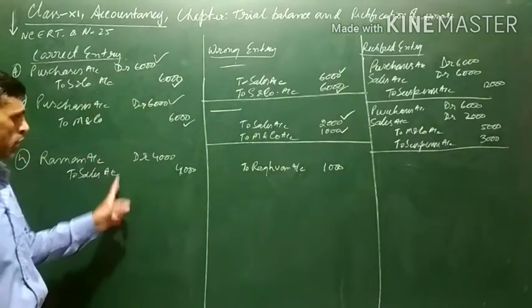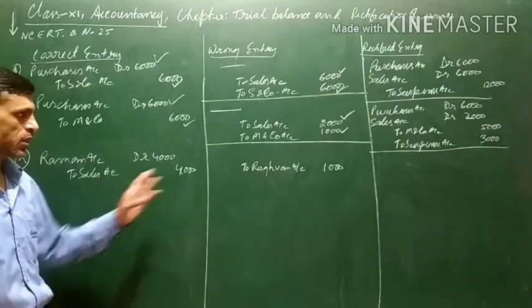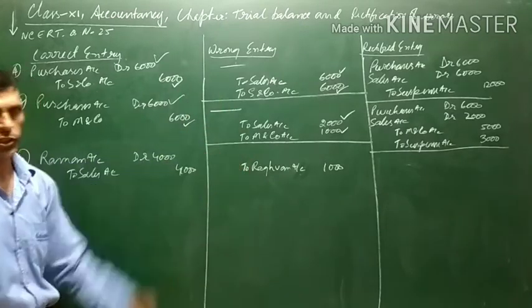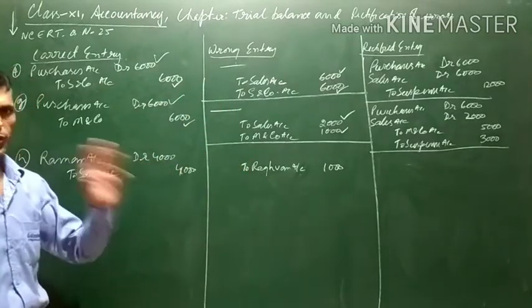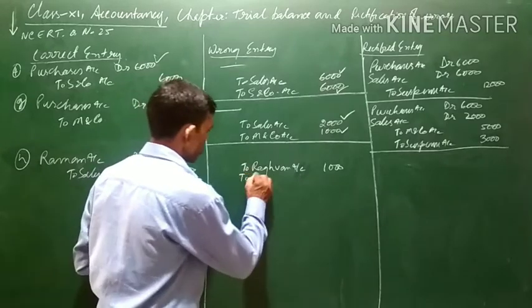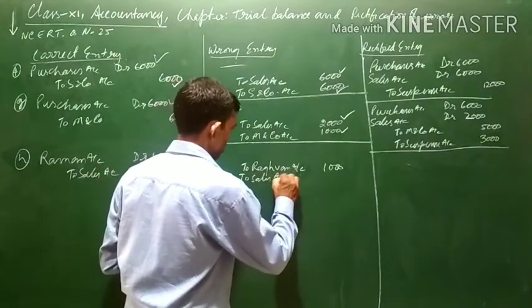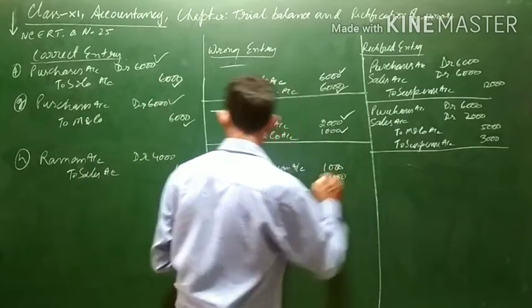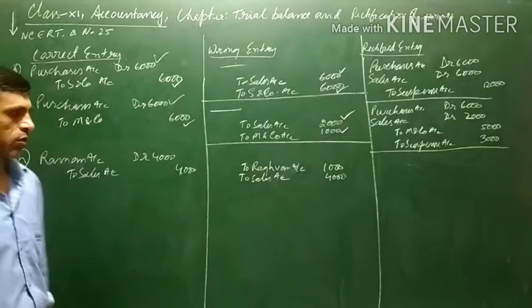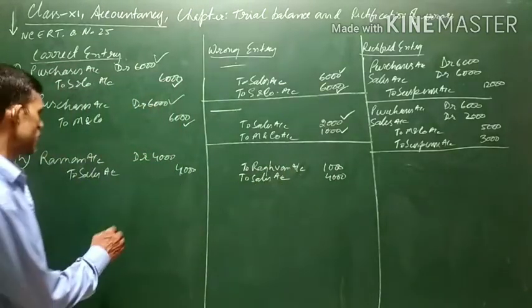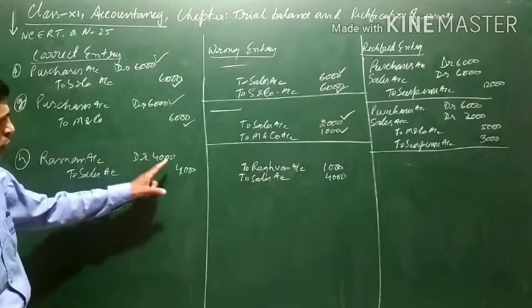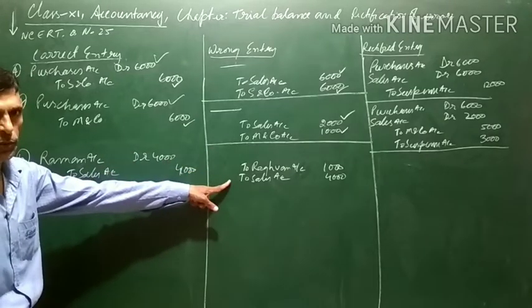Moreover, since it was recorded in the sales book, it means that it was posted to the credit of Raghavan, but in the sales account it will be correctly recorded. Means to sales, there is nothing wrong. In sales account it will be written as 4,000. This is the correct entry; the wrong entry is what has been passed. Now you can see that Raman account should have been debited. It has not been debited.